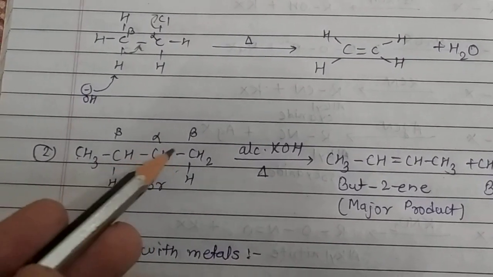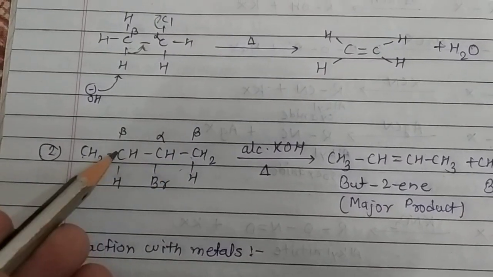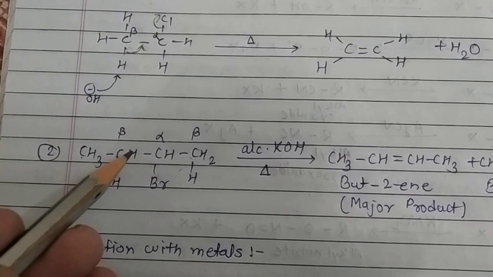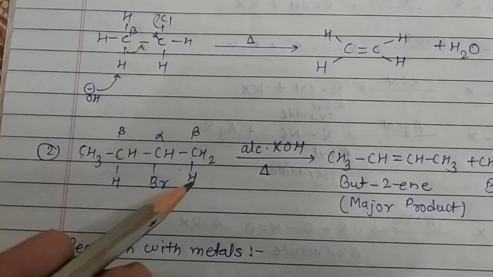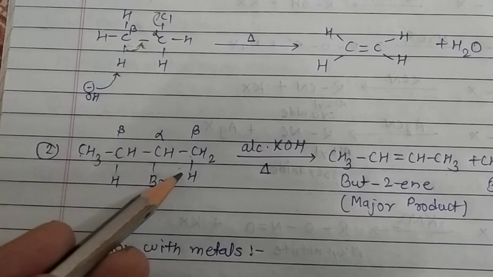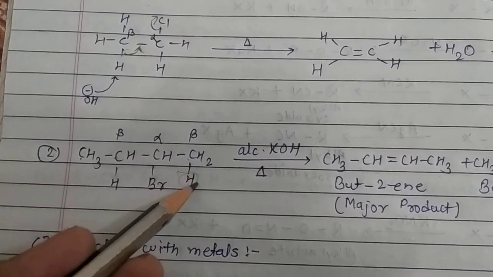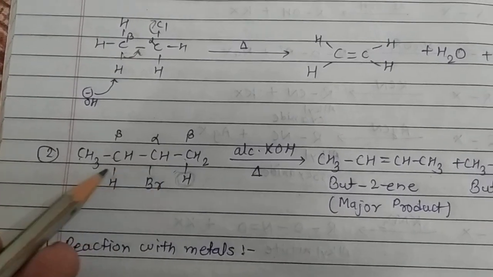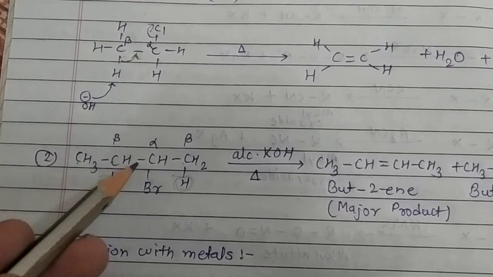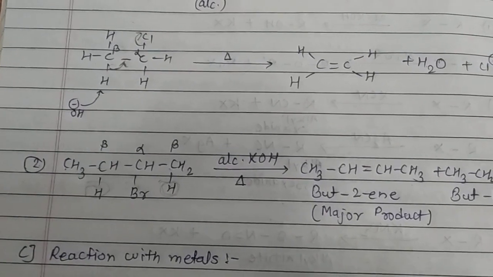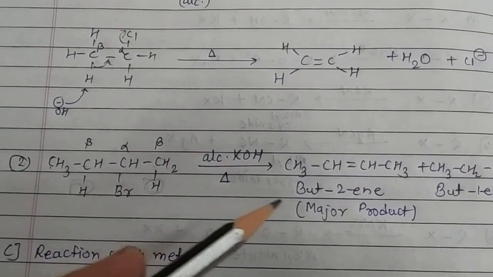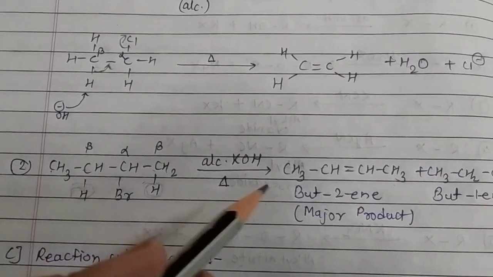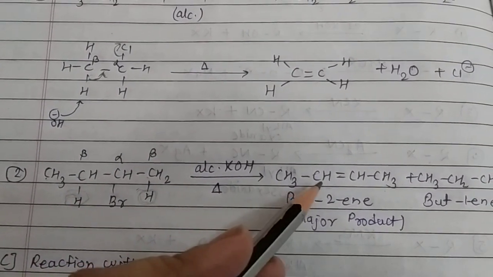So there are 2 beta carbons, one is this and another one is this. Both beta carbons contain hydrogen, that is beta hydrogen. So either the base will remove this hydrogen and prepare an alkene here, or the base will remove this hydrogen and make an alkene here. Okay, so in the first, but-2-ene, the base has removed this hydrogen,